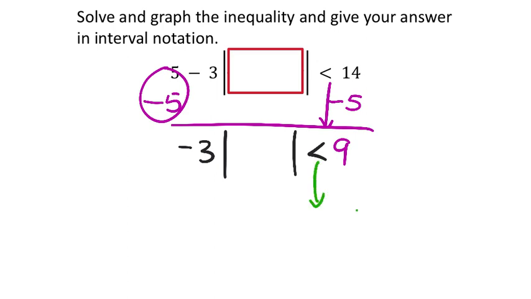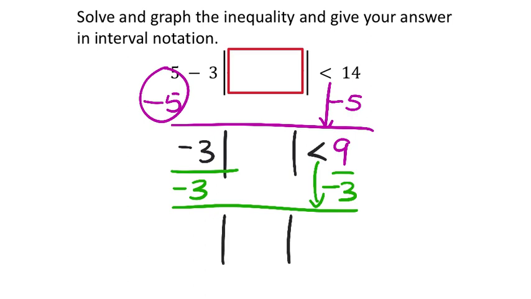But now I'm going to take that negative 3 and divide it by itself to make it a phantom 1. But if I do it to one side, I've got to do it to the other side, right? So this one ends up being some absolute value. We divided both sides by this negative, so that's going to flip the inequality to a greater than symbol. We now have 9 divided by negative 3, which is negative 3. Okay, so we're back at the kind of original problem, or the problem however many problems ago it was,